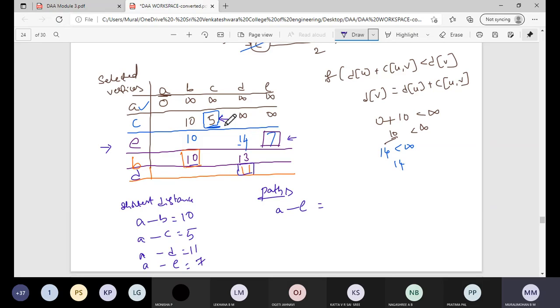Now again, we will make the pointer point here. You kindly observe how to write a path. So here now you just check this C, in which stage it has changed. You just check the previous value of C. It is infinity. Yes, sir. Immediately from infinity to 5 it is changed. Now you go back to the previous step. In that, which vertex is selected? Vertex A is selected. Now is it a source vertex? Yes. So here first from E we have gone to C. Next from C we have gone to A. Is it right?